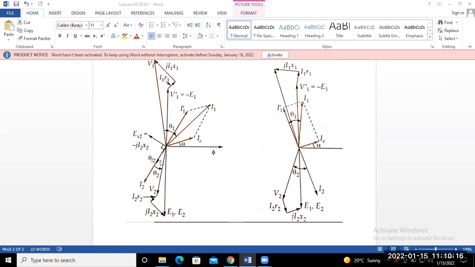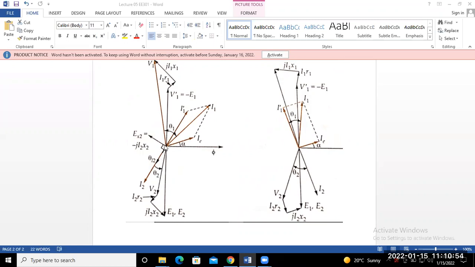Okay. So this is your V2. The I2R2 drop is in the same phase as I2. So just draw the I2R2 drop along the phase of I2, parallel to I2, that is the I2R2 drop in the secondary coil. क्योंकि रेजिस्टेंस के ड्रॉप जो होता है वो करंट के along ही होगा फेजर में. That's why we draw this I2R2 drop parallel to I2.